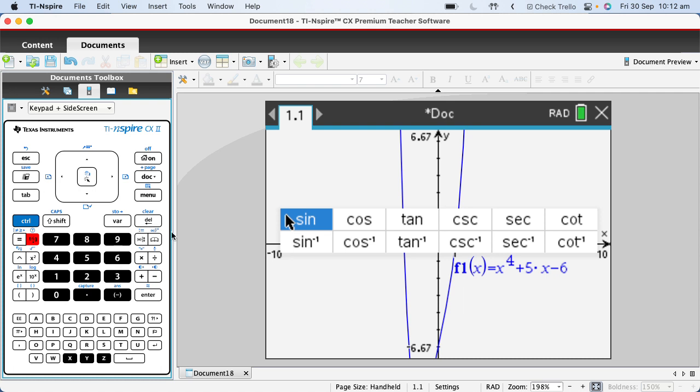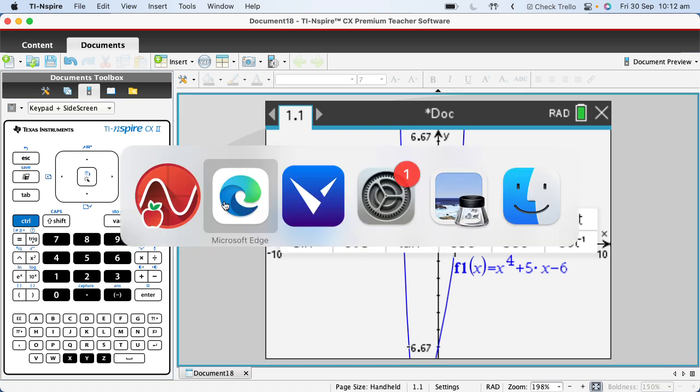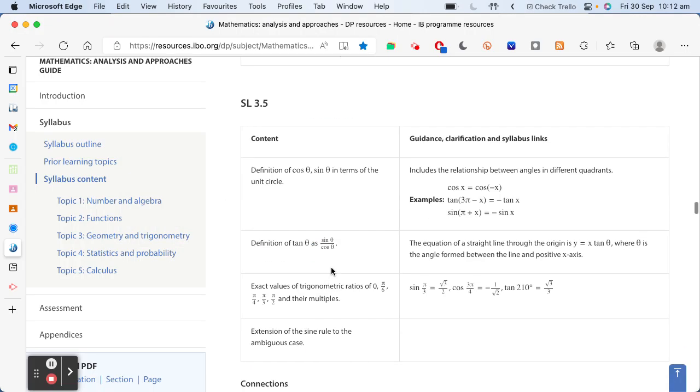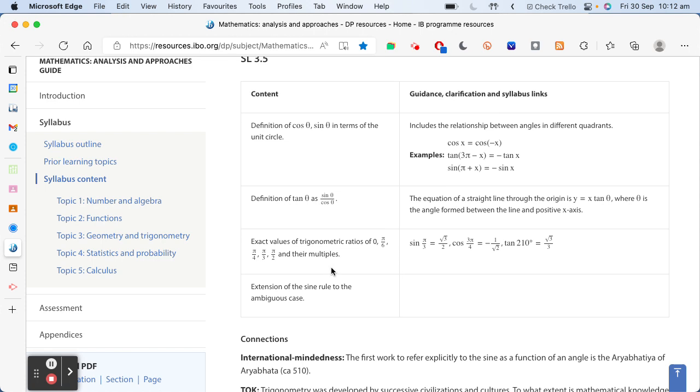Actually, there was one little thing. No, that's later on. That's okay. That's on a different part of the topic. So let's have a look at 3.5. 3.5 is where it starts to sort of kick off in terms of basic understanding of stuff. But I wanted to just talk very briefly about trigonometric ratios or equations where you've been